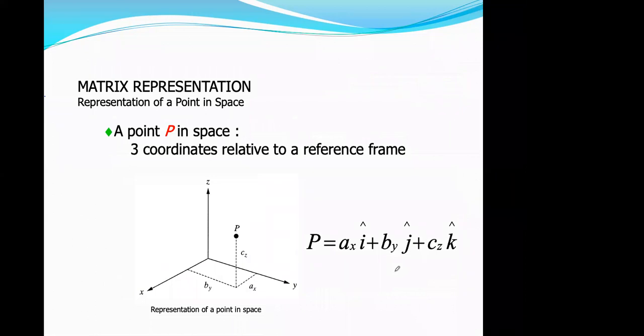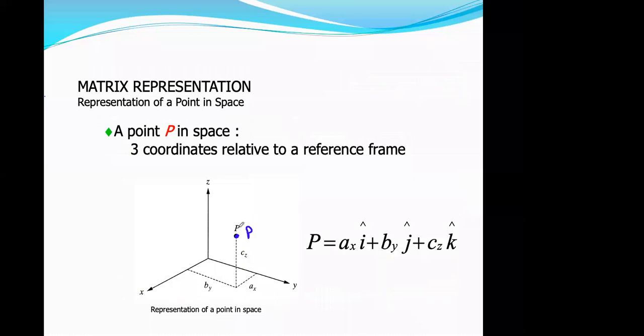Now, robot representation. I think the 2-dimensional aspect we have seen in the previous slide. Now let us see what is the matrix representation. The representation of a point in the space: the robot can be represented as a point P in the space. So you can see one point in the space. This is one point P.